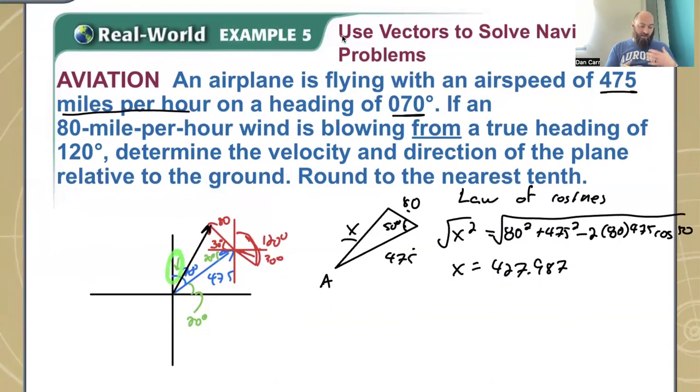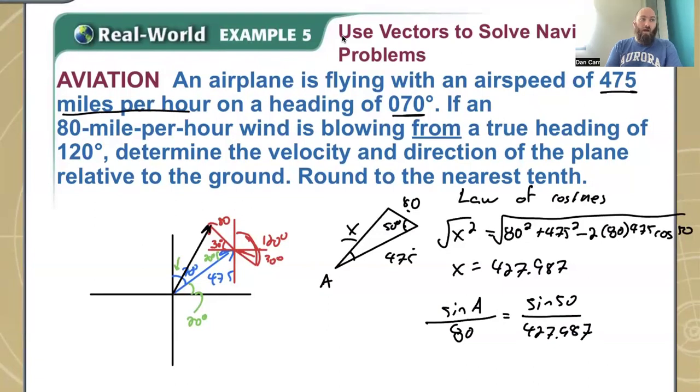I marked it earlier, but I need to find that angle. In order to do that, I'm going to have to know what this angle is. So I can do now my law of sines. So this is angle A. I'm going to do the sine of A divided by 80 is equal to the sine of 50 divided by